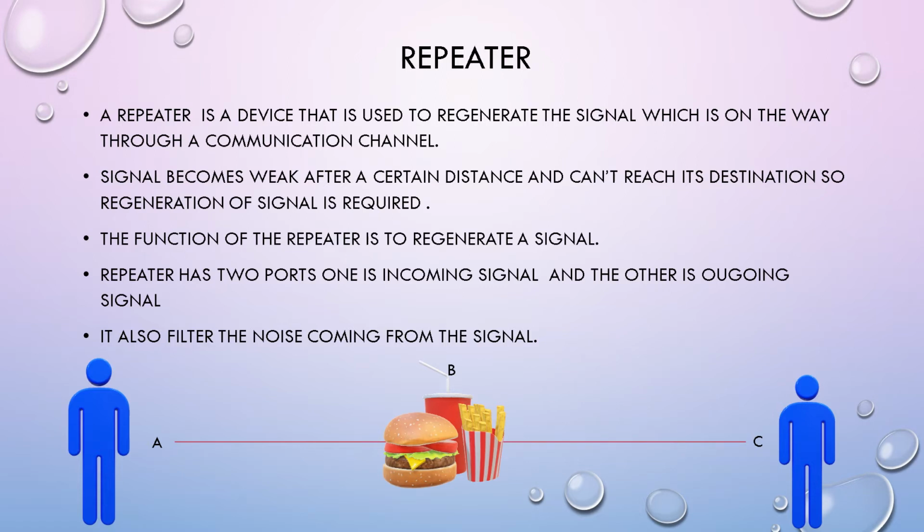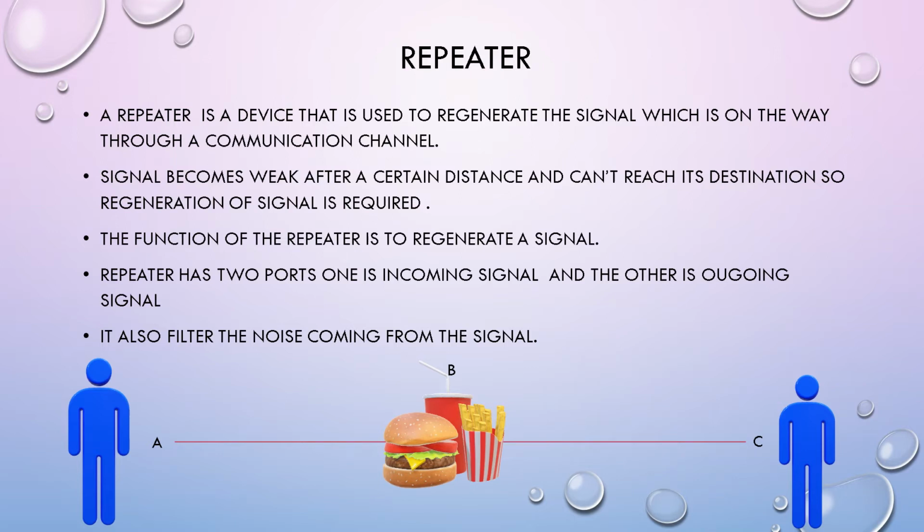So suppose you're having a cable wire. If the cable has a certain distance to reach its destination, the signal will become weak as you go along. So the signal or the network for communication depends on the length of the cable if it is wired, or on the tower if it is wireless. So regeneration, or a repeater, is required for bringing the signal back to its original strength for communication.